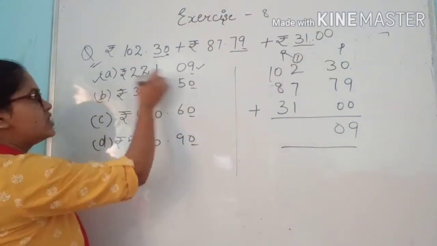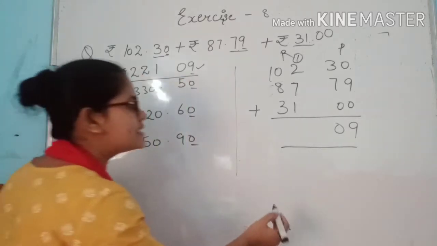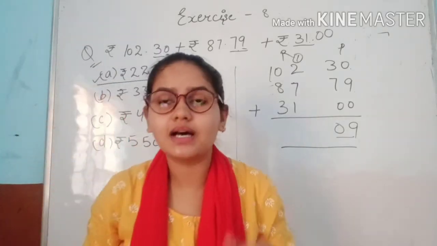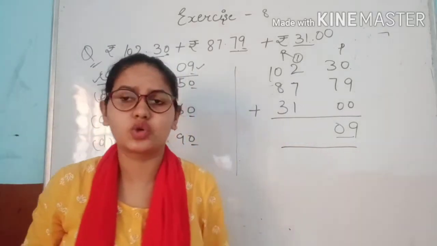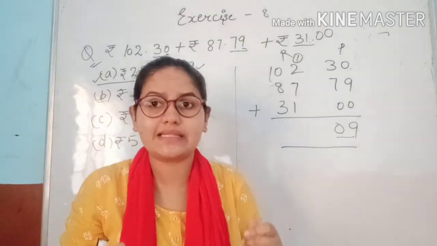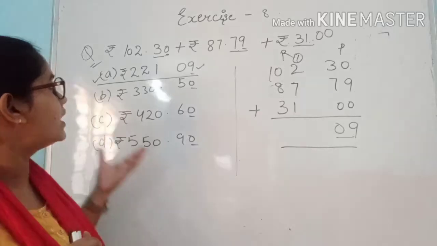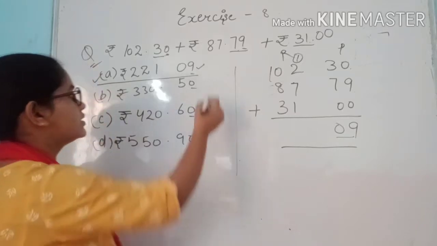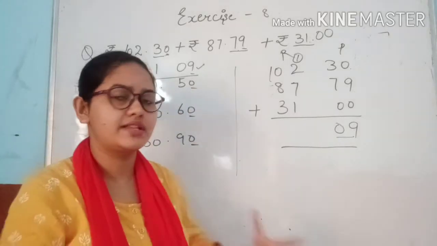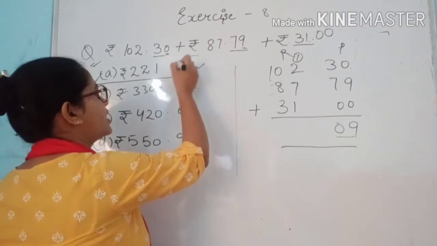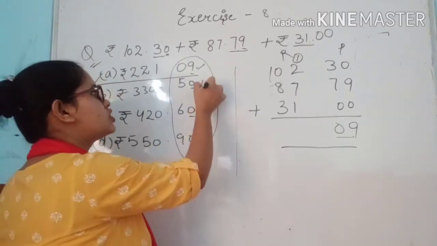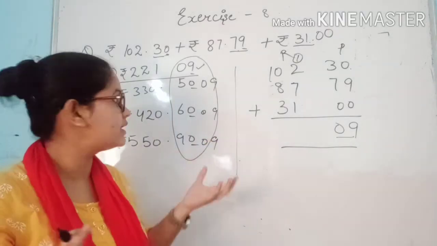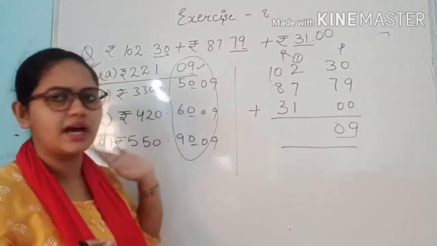So now you can see this one is our right answer, because the last digits, the paisa digits, are 09. So easily we can guess the answer by these last 2 digits. So if you want to do these sums quickly, you can do them by this method, by doing the last digit addition. For example, suppose all these equations are the same. Here it is also 0, 9, 0, 9, 0, 9, 0, 9. Just suppose that every paisa equation is 0, 9. The answer is 0, 9.